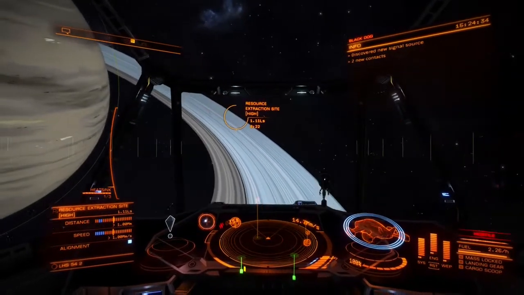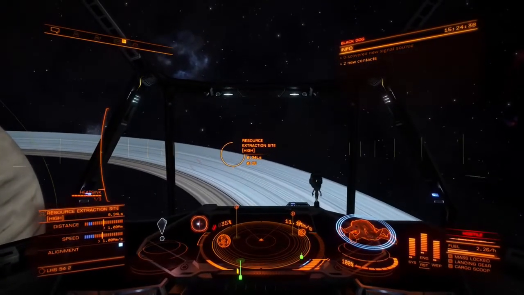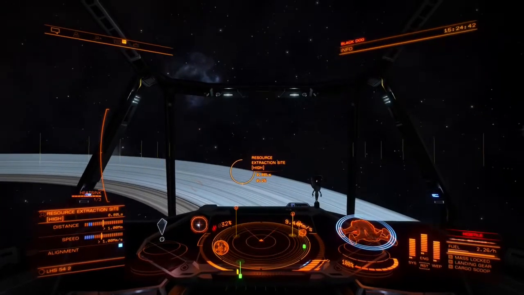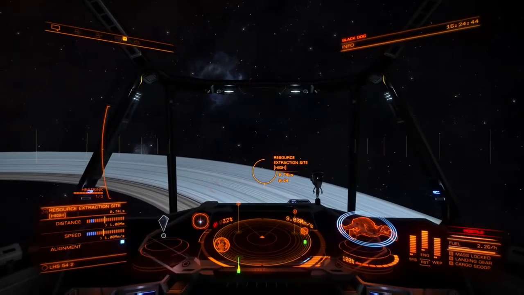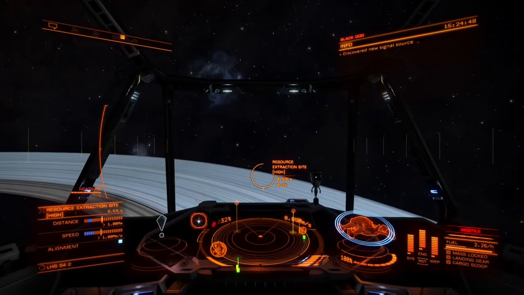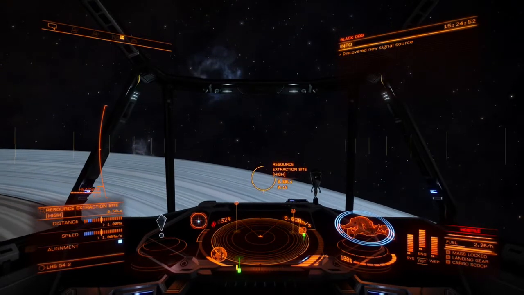Now when you start to come in, you want to aim. See those vertical lines on the left and right? That's how you line up with things. So when you're in Super Cruise, you'll always see those lines, and that's how you know you're not flying slow in regular space. So I'm flying up above the ring intentionally, while I can still see the